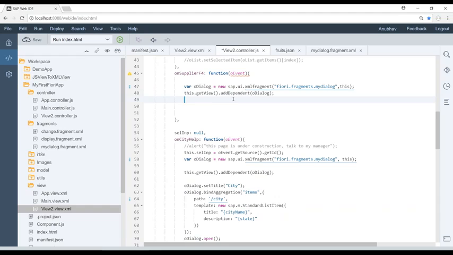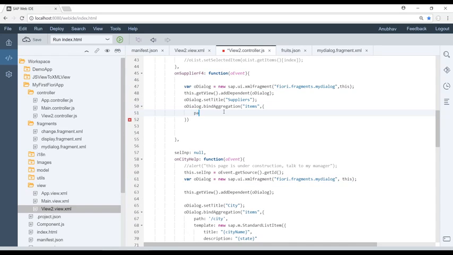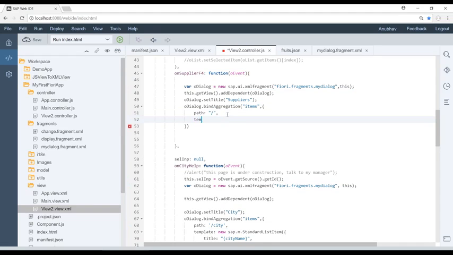And I'm going to also change the title. So I'm going to send a signal using this remote control supplier. I say set the title for this as My Suppliers. Very nice. And of course, finally the binding to display the data. So bindAggregation, and the items aggregation. I'm going to bind, put the path of the JSON. So you're going to put the path of the JSON over here, and then template new sap.m